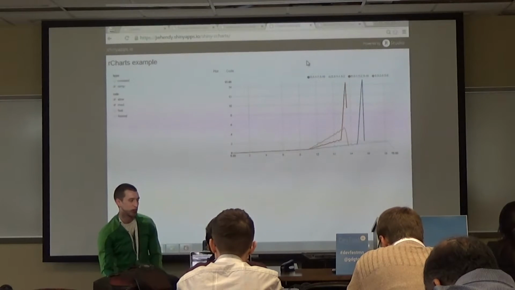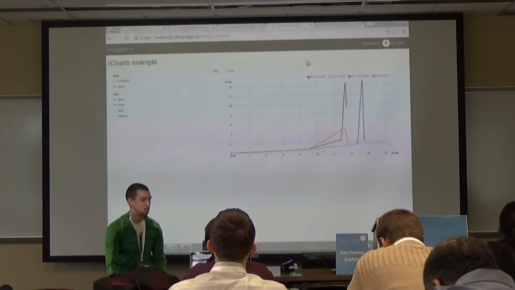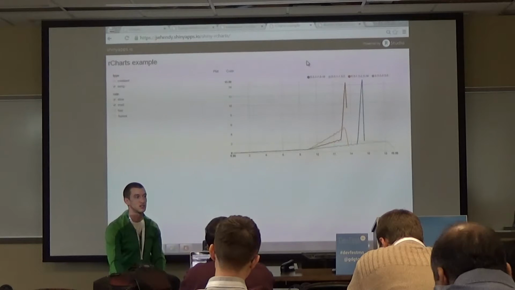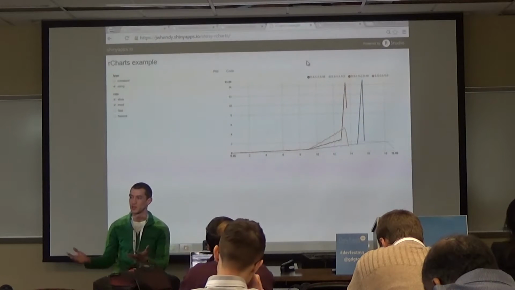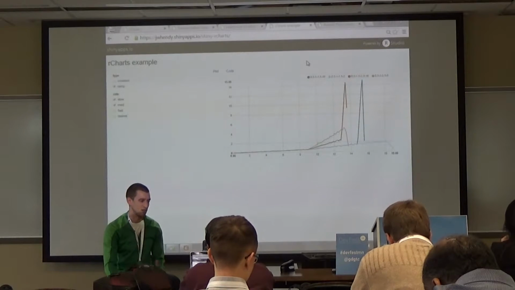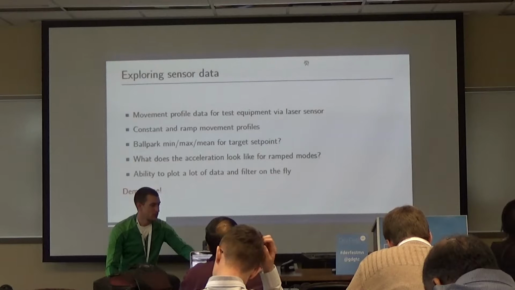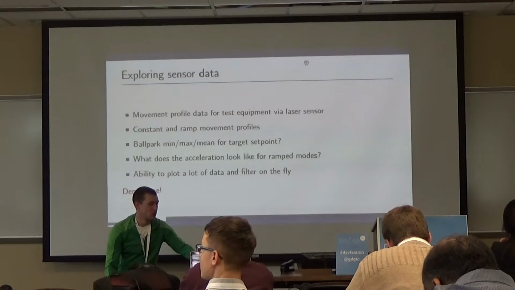And maybe moving on, 3M's got some internal hostings. I think again the shareability aspect is pretty neat. And you don't even need Shiny in this case. You can use RCharts by itself and just send somebody an HTML file or host it. So that's more on the work side,